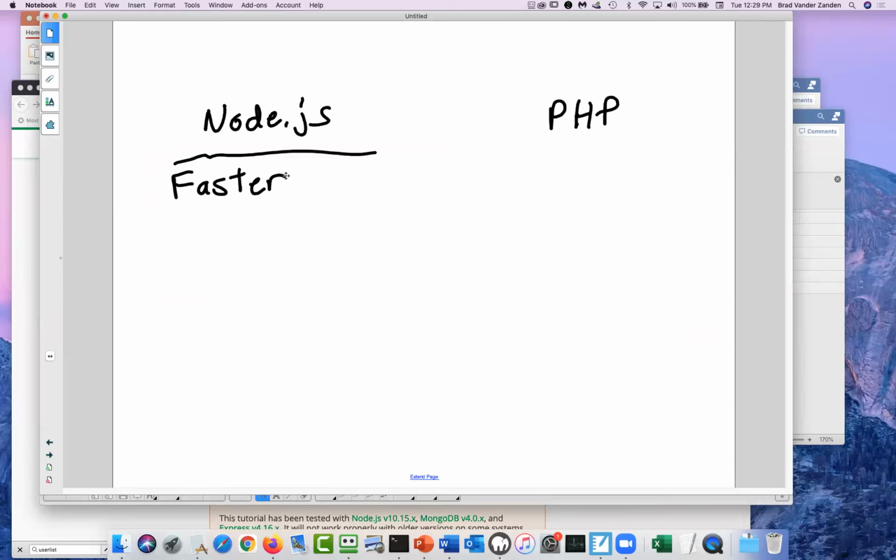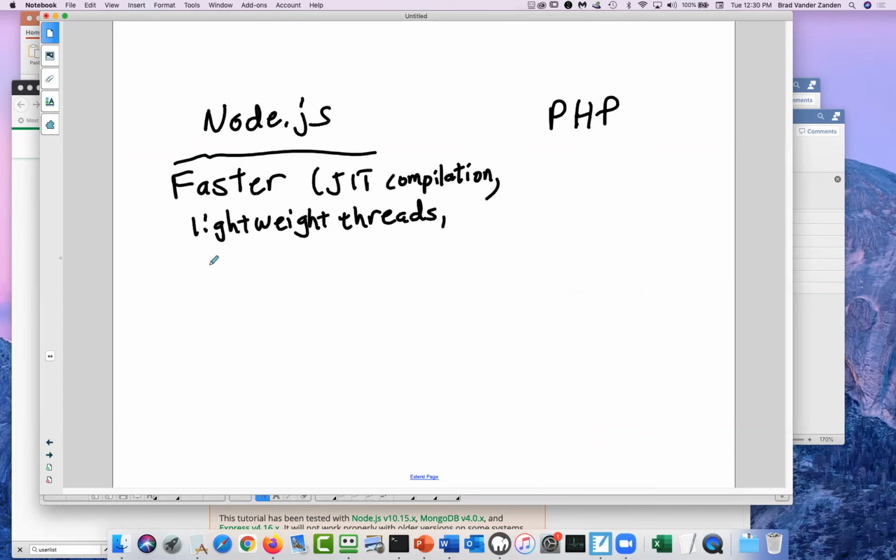It's not as heavyweight. That's partly because of just-in-time compilation. It's partly because of lightweight threads. And it's asynchronous. So basically a whole bunch of stuff can be going on simultaneously. You can have a whole bunch of different client requests that are constantly being handled.